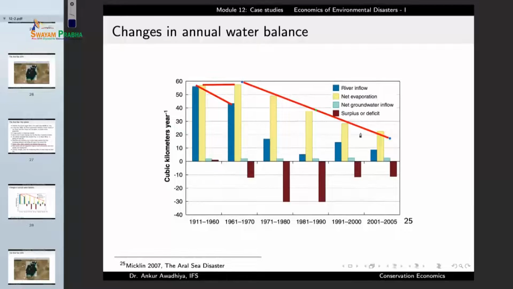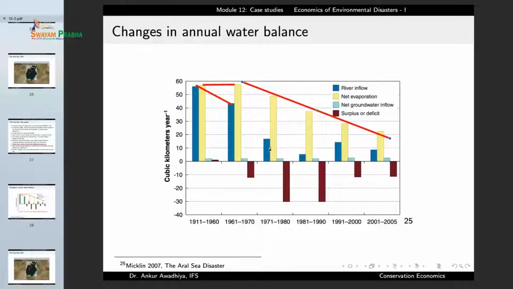So what we are observing here is that over the years, from the 1970s to 2005, the level of evaporation is also going down, which is telling us that the size of the lake is also going down. And at the same time, the river inflow has also reduced substantially. And so earlier, while we were having a small net surplus of water entering the lake, now we are starting to observe a huge deficit. So in the 1980s and 90s, a deficit as large as 30 cubic kilometers per year,